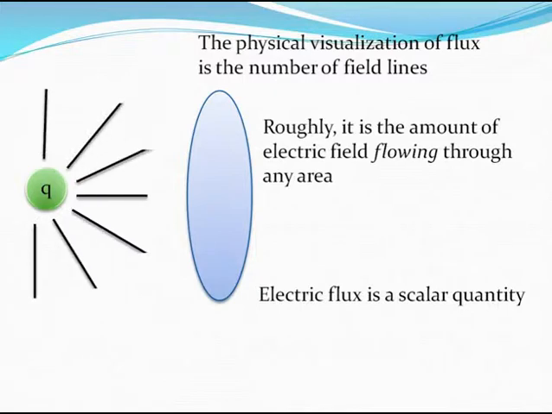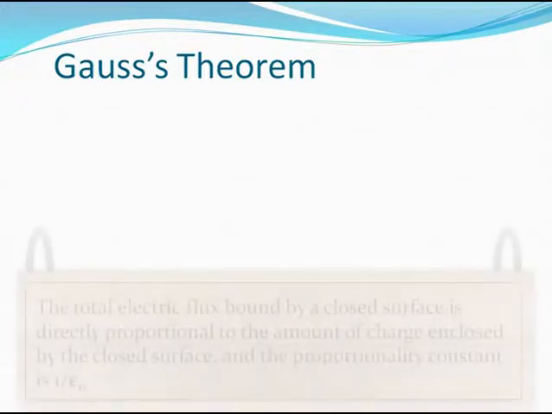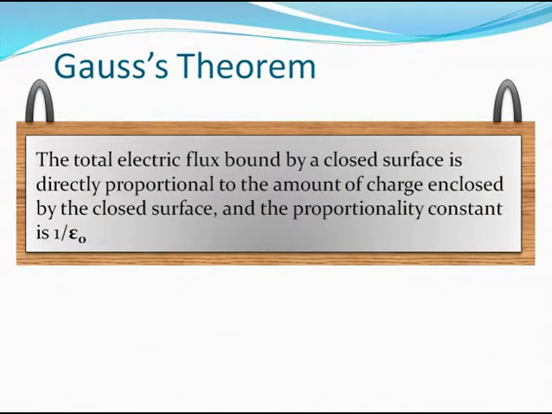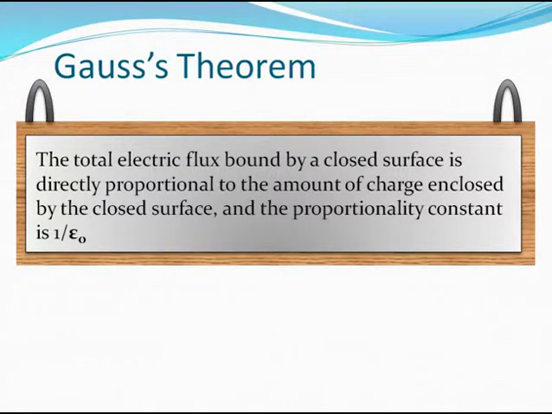An important law that uses the electric flux and that we're definitely going to study in detail is Gauss's theorem. Gauss's theorem states that the total electric flux bound by a closed surface is directly proportional to the amount of charge enclosed by the closed surface, and the proportionality constant is 1 by epsilon naught. Did you understand the meaning of the statement? What Gauss's law was